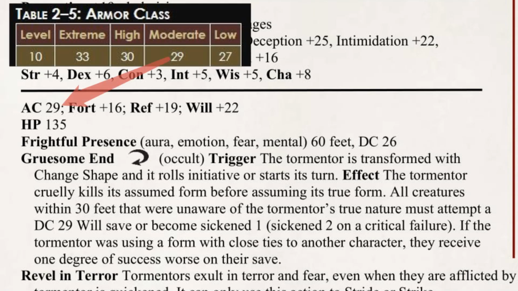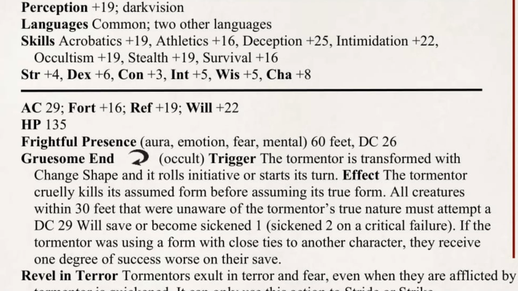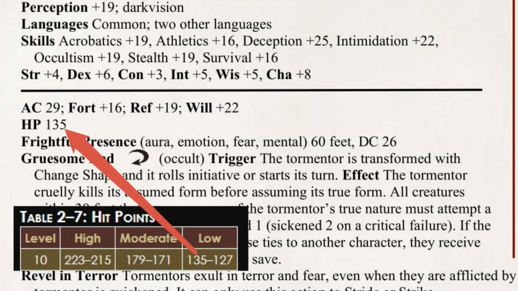We start off with a moderate armor class. This means that a Tormentor shouldn't be too hard to land a hit on, but it's unlikely that players will be attacking it at their full bonus. The Slasher has an array of effects to penalize its victims, which can make players sweat just to hit that moderate AC. Partially because of that factor, it only uses a low pool of hit points,